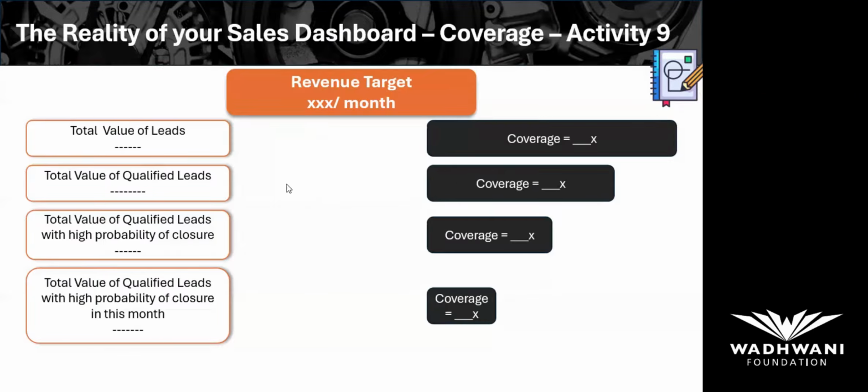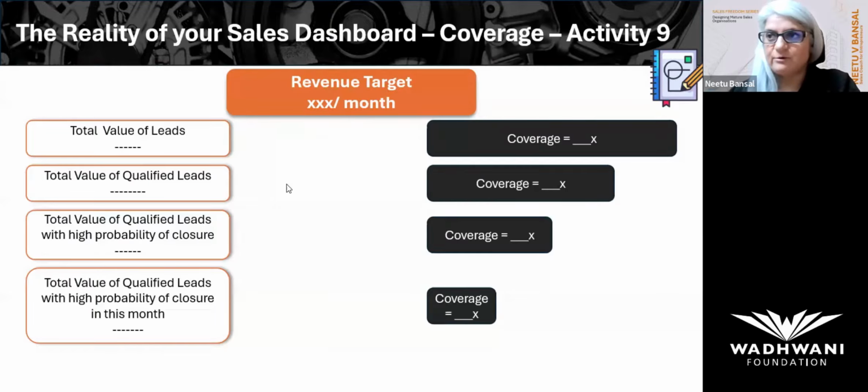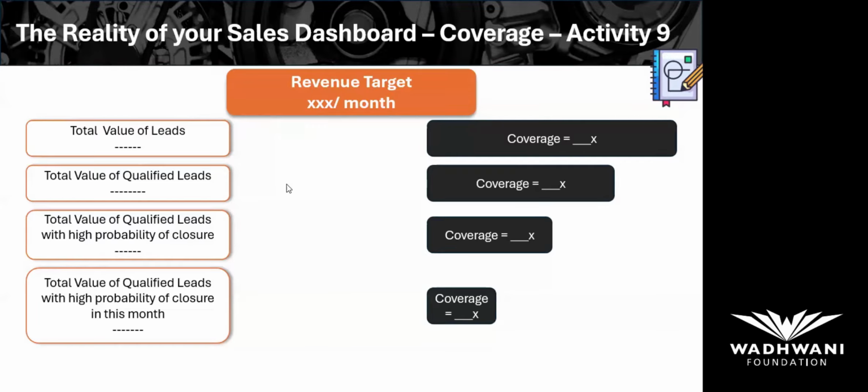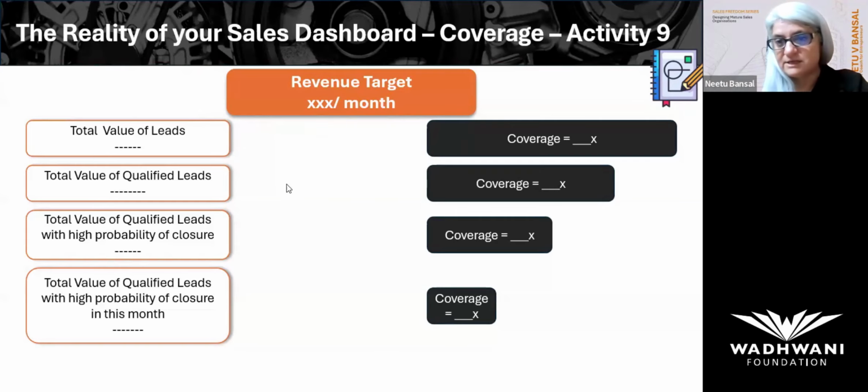Okay. So the problem with that lag indicator is that you can't go back and make changes if things are not going well. So what you need to do is, along with the revenue, also measure lead indicators. Okay. So what is a lead indicator? These are activities. If you keep doing this multiple times, it will improve your chances of meeting your revenue targets.